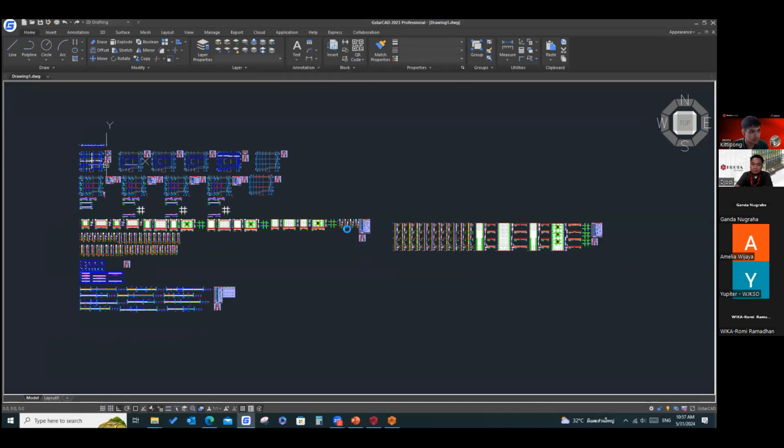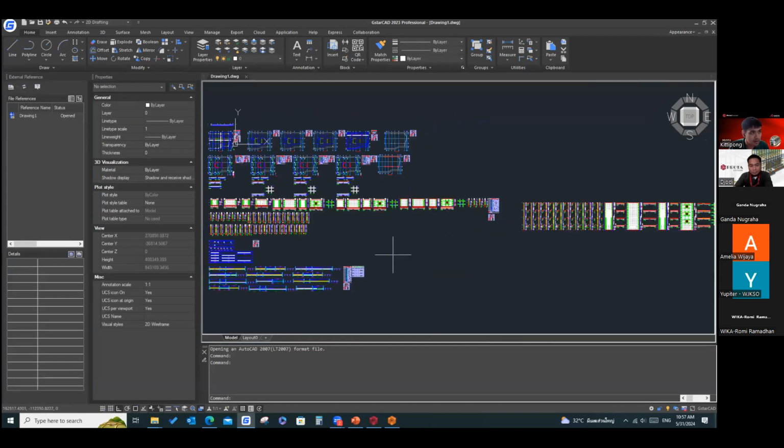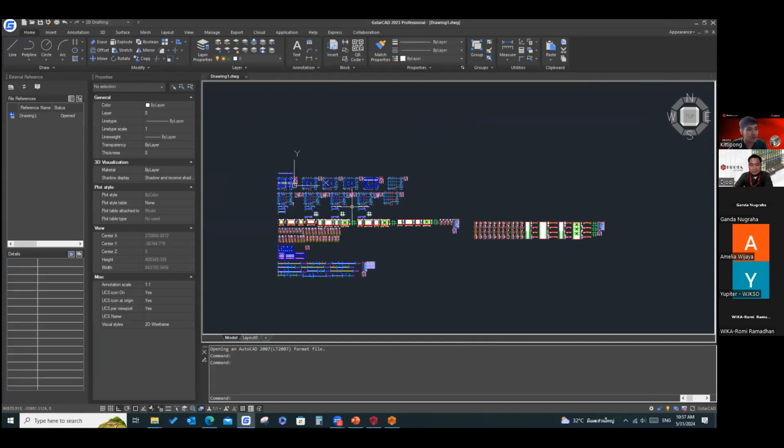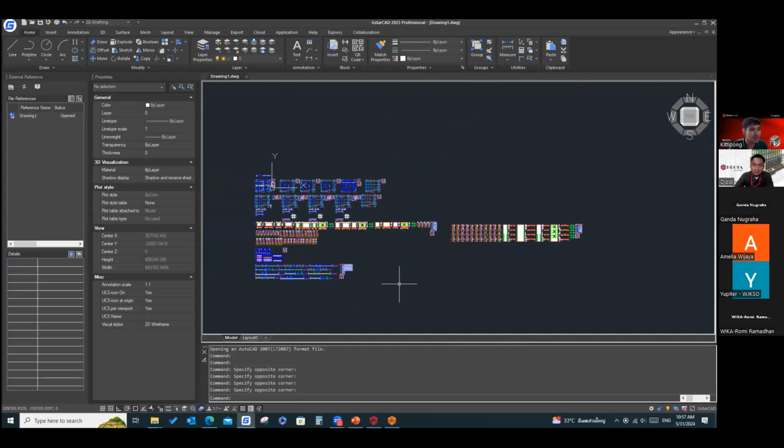Is it GStarCAD? Oh, GStarCAD. Yeah, you can use it in GStarCAD, AutoCAD also, any CAD software. Is this AutoCAD or not? This is not AutoCAD, this is another version of CAD, a similar CAD software.